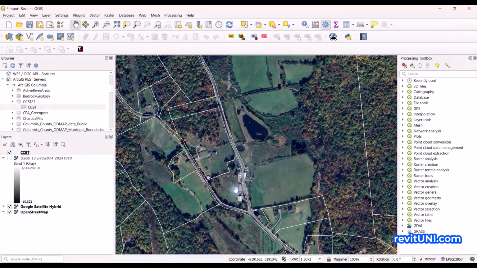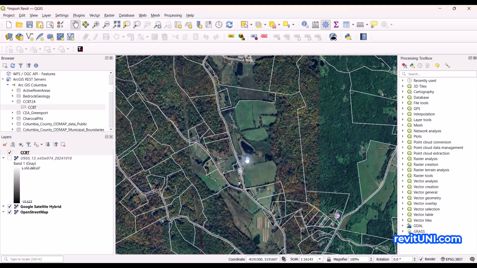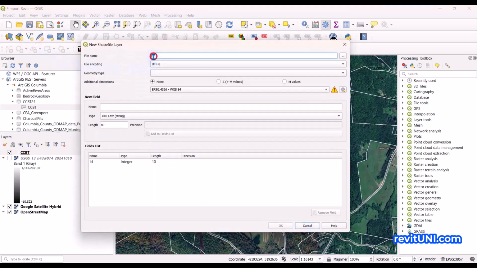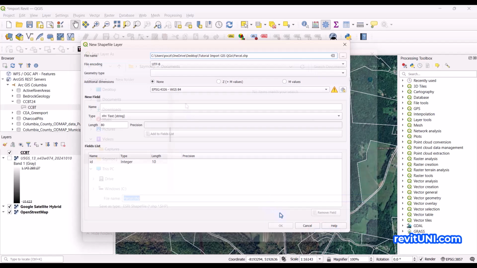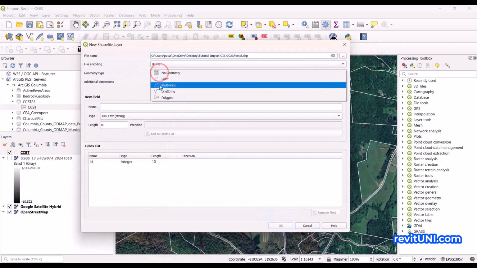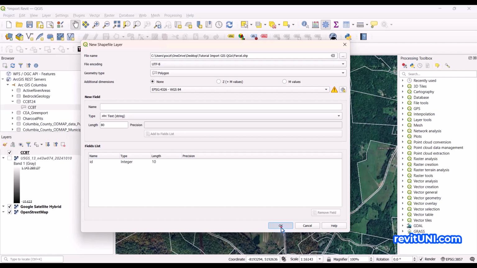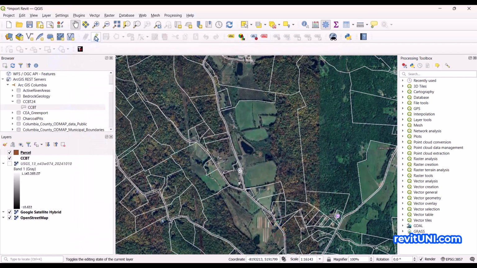Okay, I managed to find it. So once you locate your parcel, it's good to mark it somehow. And I will do it by drawing a rectangle. So what I will do is create a new shapefile layer and call it parcel. Sorry, I need to save it somewhere in a folder. Okay. I will say geometry type is polygon, and click on this pencil, click add polygon, and start drawing a